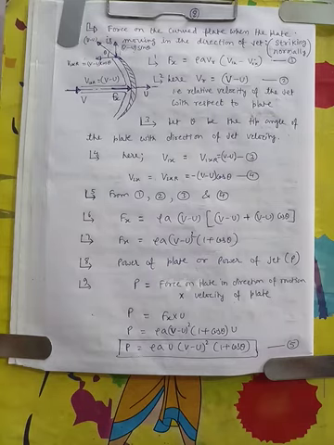I will put both values in this equation, with Vr equal to v minus u. Combining everything, I get rho A (v minus u) times [(v minus u) plus (v minus u) cos theta], since minus minus is plus. Finally, (v minus u) comes out, and we get rho A (v minus u) squared times (1 plus cos theta). This gives the force applied by the jet on the plate when the plate is moving in the x direction.